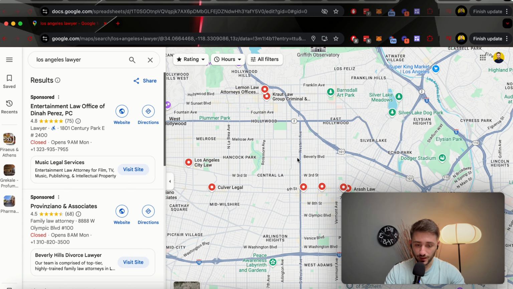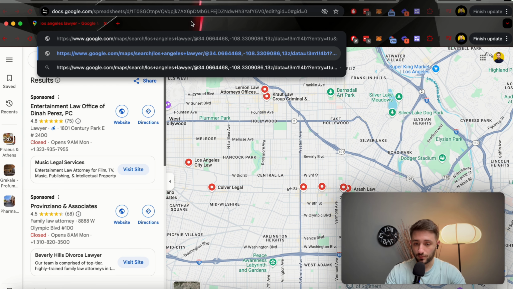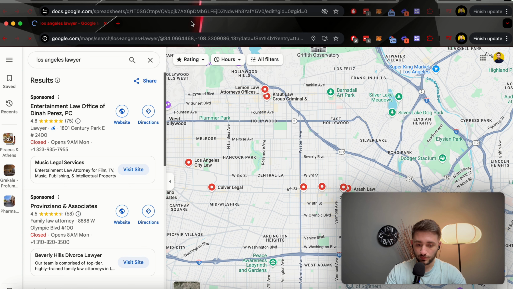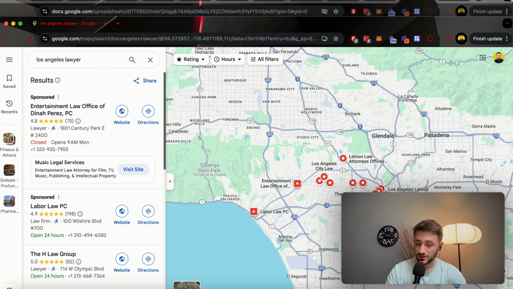So as we can see here, we have this arrow at the center. Now, if we say from -118 to -118.8, we would go to a different location. And we see that we're still inside the Los Angeles area and we are getting different results based on the pin that we're dropping on the map. So what you can do, and this will produce results for the big metro cities,